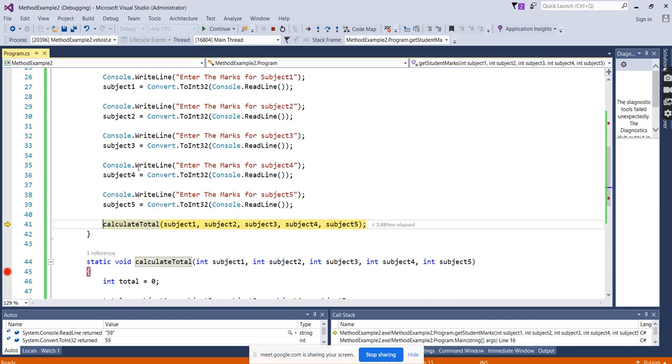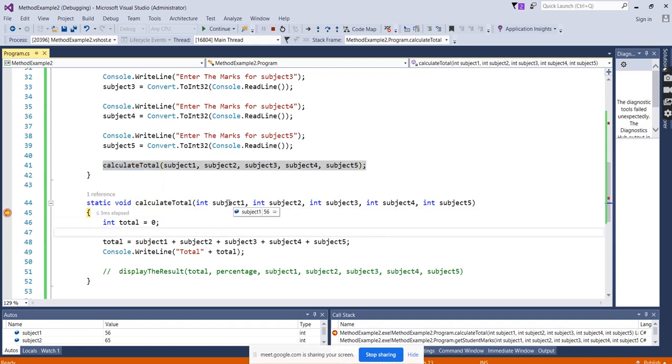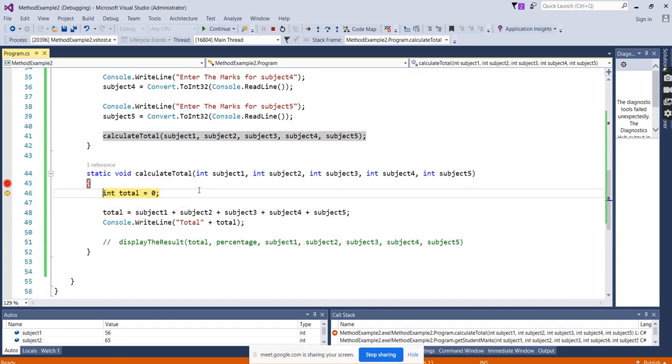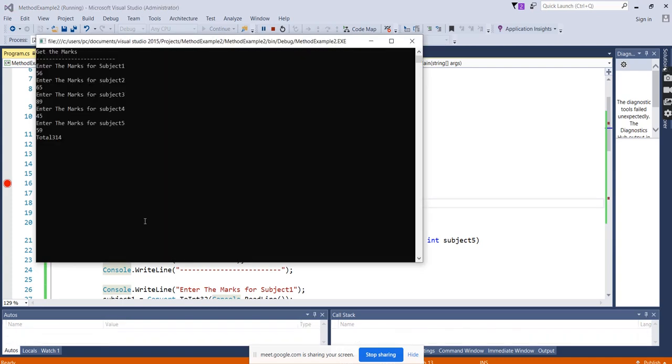So now what will happen? It is read here, but for calculating we are creating another method. Again press F11. When you press F11, it will jump to the definition of this method. You can see the parameters we got from subject 1, the values we entered, it is displaying those values. So it is passing the values. Again press F10; we are creating a local variable called total. It takes the total here, 314, and it is displayed. And we get the result, 314 total.